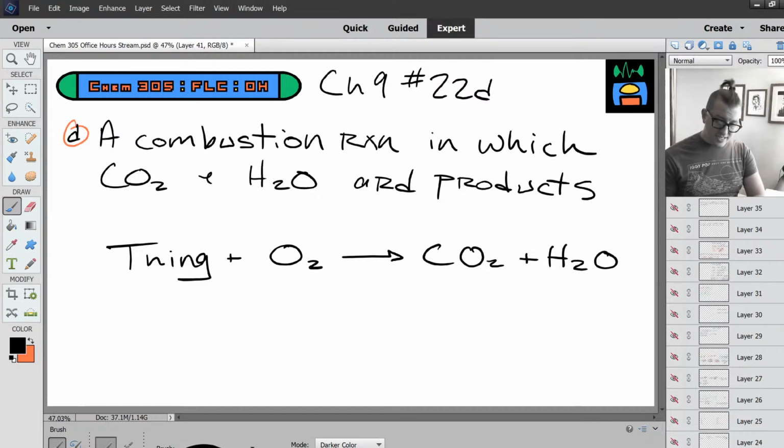When you assign oxidation states, the oxidation state of oxygen on the reactant side is 0. Just because we're short on time, I'm not going to walk through step by step how to assign oxidation states. You can rewatch the video from lecture. On the product side, the oxidation state of oxygen in both